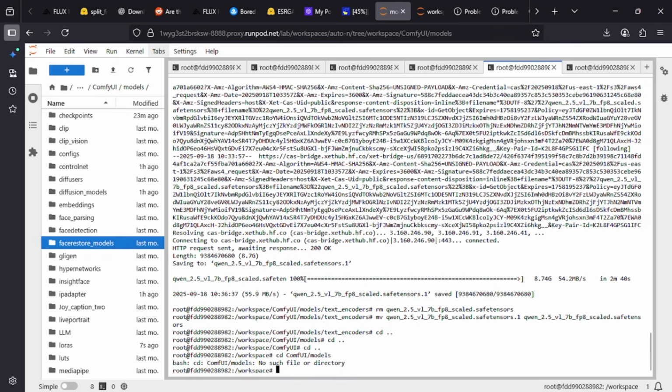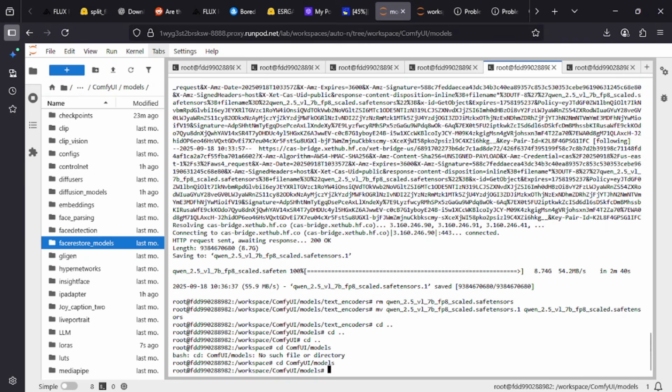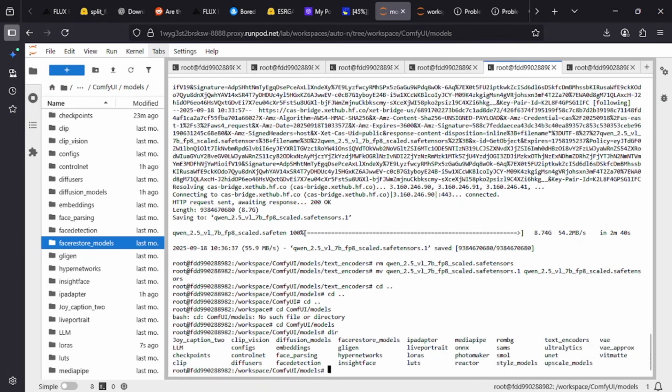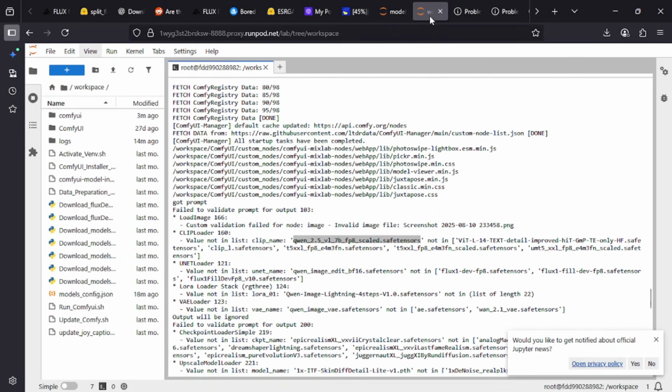And then I typed something wrong. Forgot a Y. Okay, so then from there you can type dir for directory, and that will tell you all the directories that you can access.